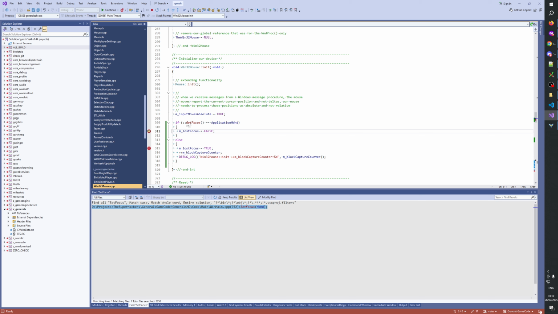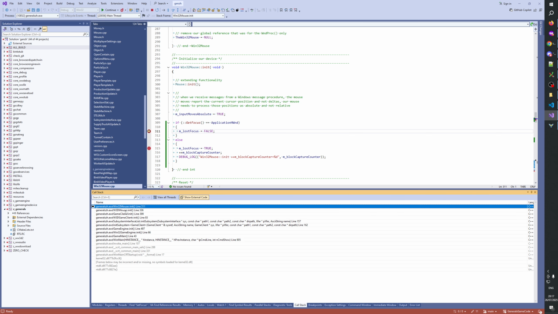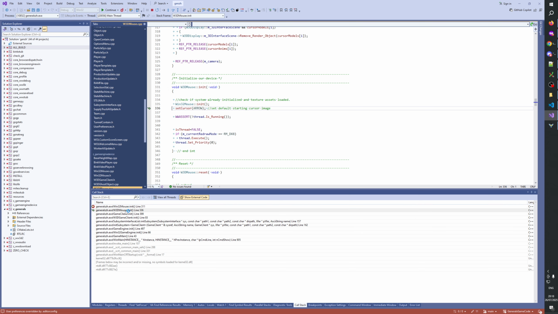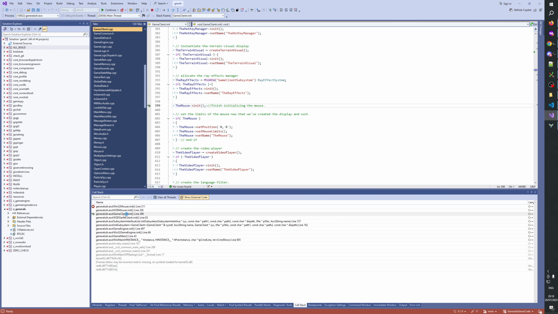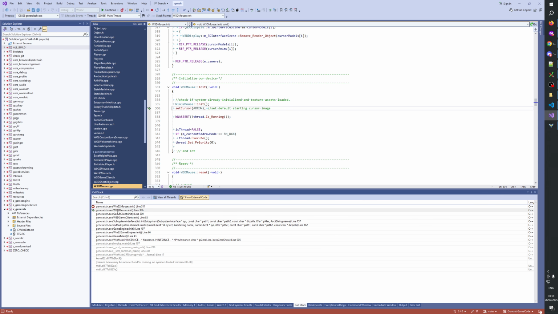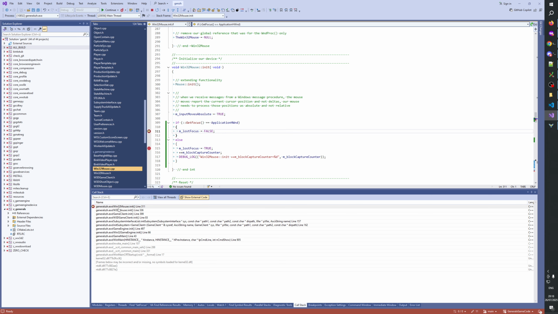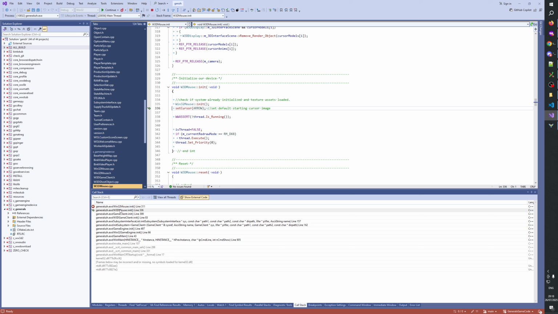That is outrageous. The mouse init. It's a W3D mouse. Win32 mouse. How many mouses are there? Jesus Christ. So many mouses.